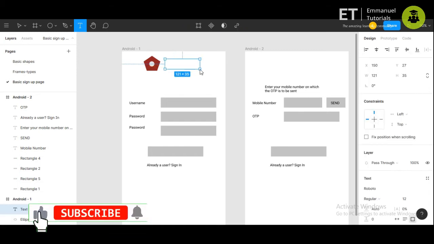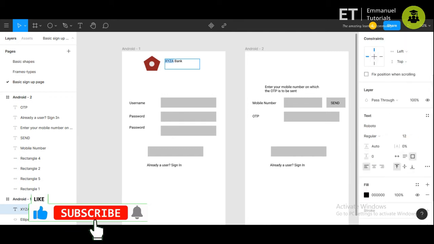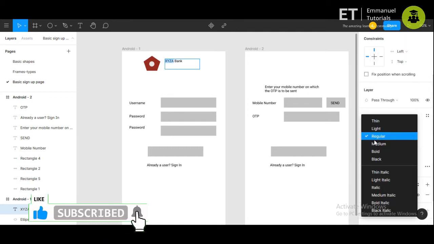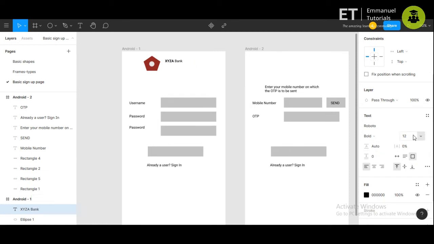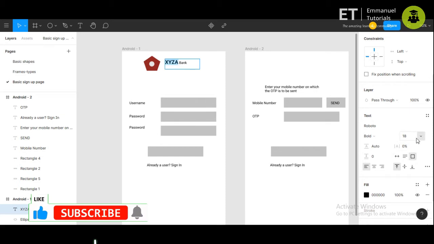If it's a bank, we can write the name of the bank, XYZA bank. We'll make this text bold, the name of the bank, and increase the font size.